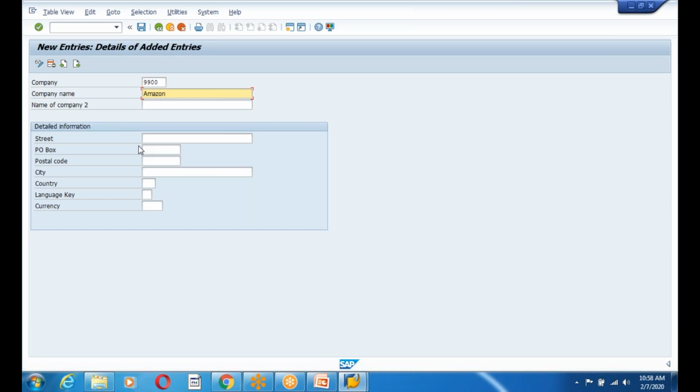Amazon Global. This is the company which is there, and street maybe I can give first. Amazon Global is there in the US, and maybe in US I can set California, and post box number 346, and postal code something 5 digits, and city is